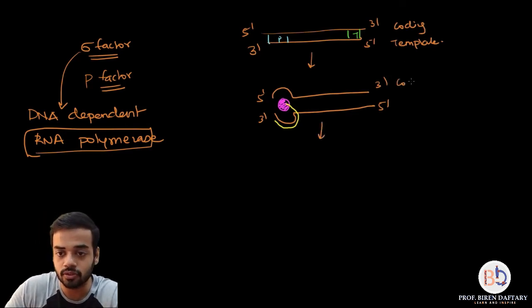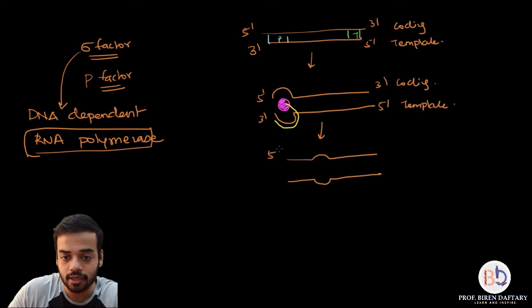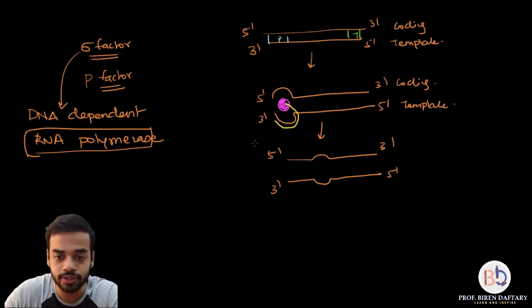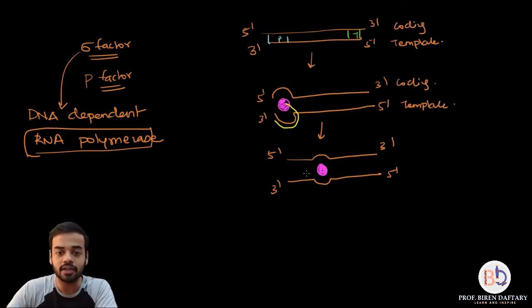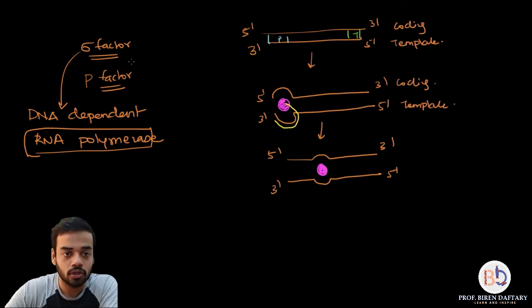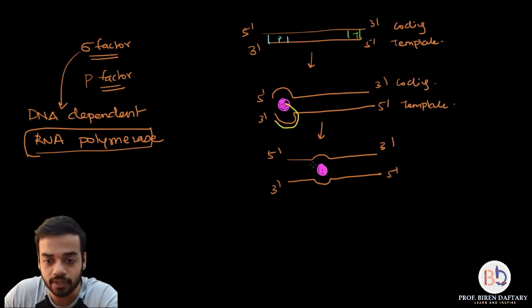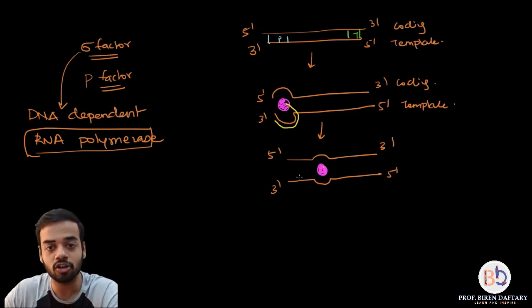So again, this is your coding strand, this is your template strand, and now that RNA polymerase, your DNA dependent RNA polymerase, has moved ahead, correct? And so we can show it over here. As soon as that RNA polymerase moves ahead, the complementary bonds between the coding and the template strand are established again. Now that mRNA which was formed is still attached over here, so it breaks off from the template because the template is now bound to the coding strand.